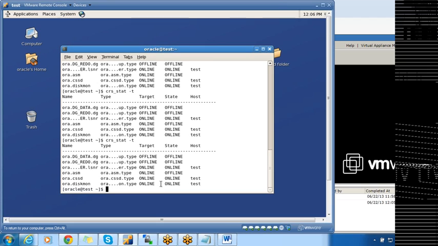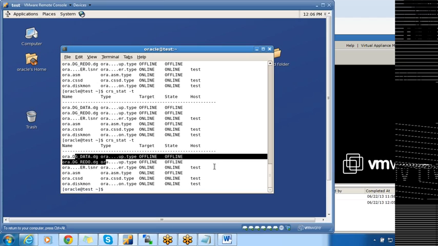Okay, yeah. If you see here, the disk groups are in offline state. So that means the target state is also offline. We'll see. Wait. Probably it will not bring it up. Looks like there is some problem. It is taking some time to bring up the ASM instance. ora.asm, the state is offline. That means it is unable to bring up the ASM as well as the disk groups, data and redo. So we'll see what is causing this issue.